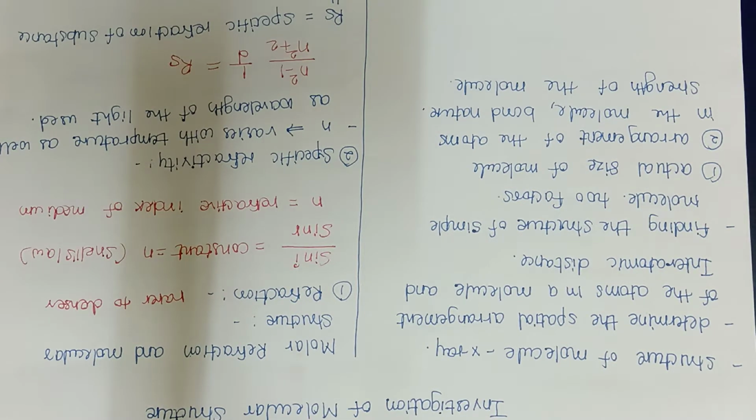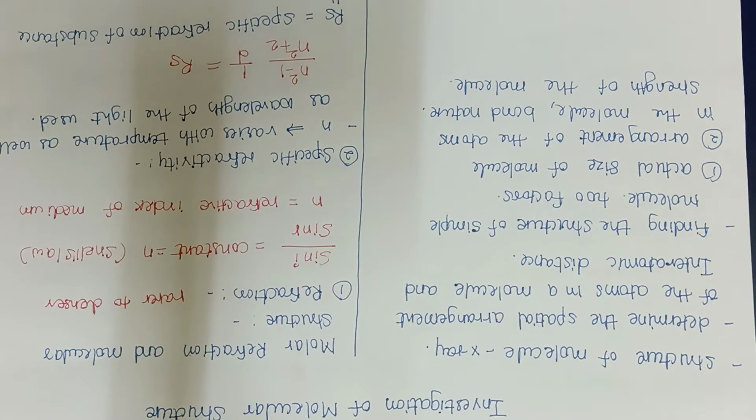MSc in Organic Chemistry. Today, I will teach you TYBSc Physical Chemistry, chapter number 3, named Investigation of Molecular Structure. In this chapter, we will see different methods of investigation for determining molecular structure. Firstly, X-ray is used to find out the structure of a molecule, but to determine the spatial arrangement of atoms in a molecule and their interatomic distance, we need to find other methods.